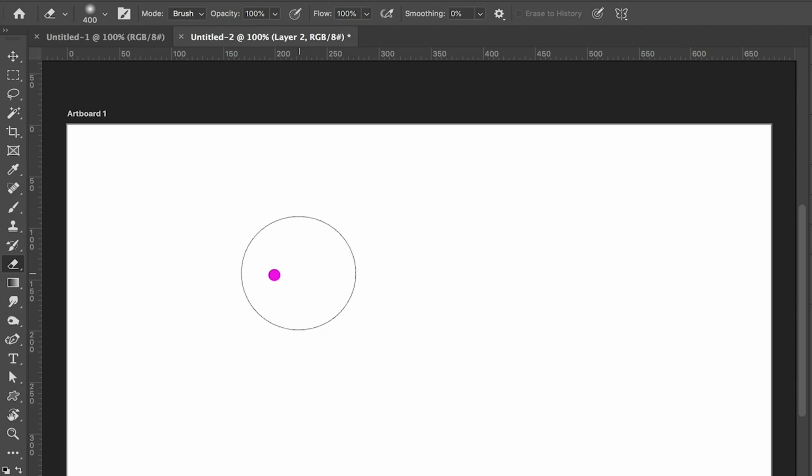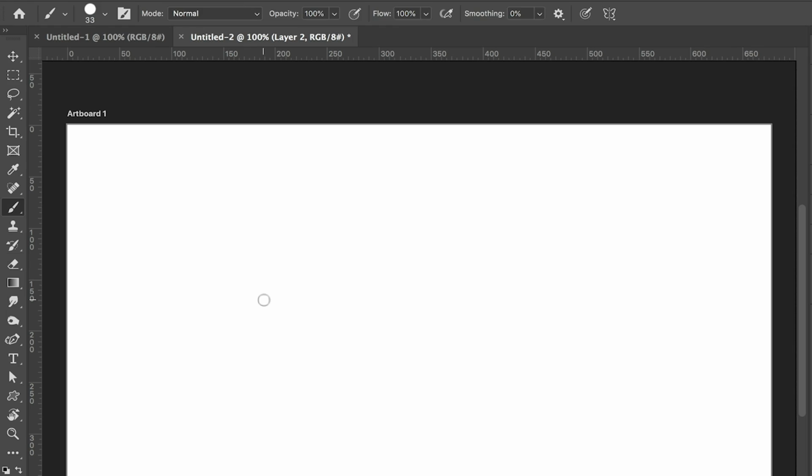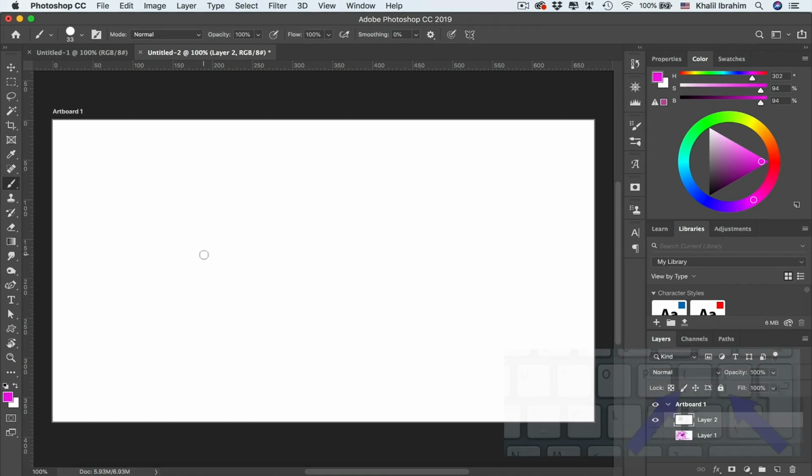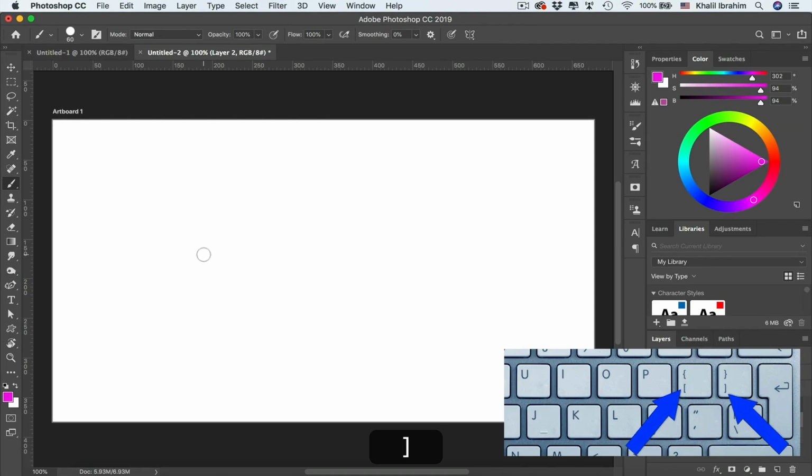So we can be selecting that one, or pressing E on keyboard to select that one as well. And we can be simply painting over that dot to get it removed. So back again to our brush tool, pressing P on keyboard. And now let's say we need to be increasing our brush size in a very fast way. We can be using square brackets on keyboard. Simply right square bracket will be increasing brush size, just like that, and left square bracket will be reducing our